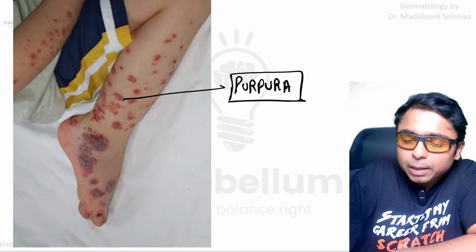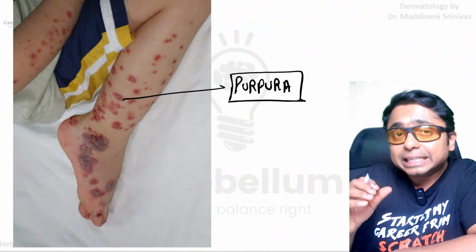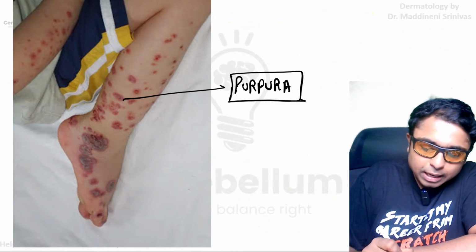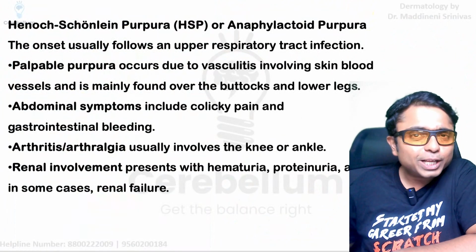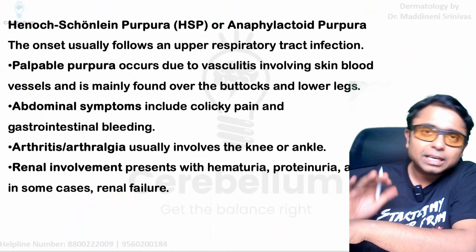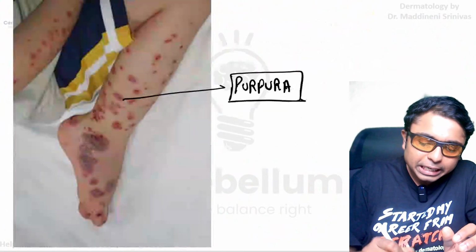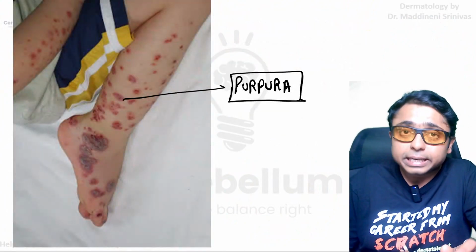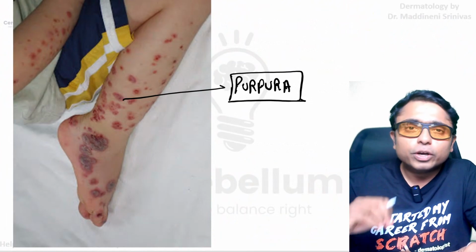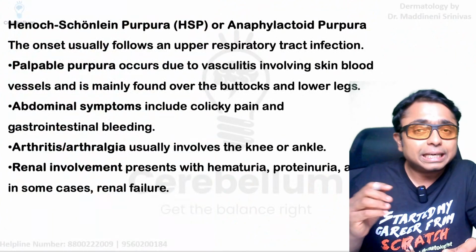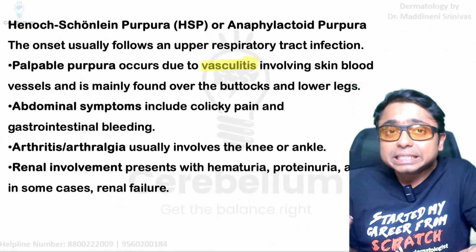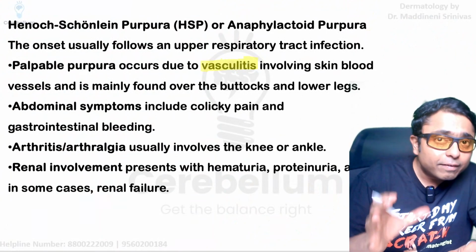These palpable purpuric lesions the patients are going to have in the extremities, mainly lower extremities, and also in the buttocks. These are basically differentiated from erythema with the help of diascopy, which is also called vitropression, application of pressure with a glass slide, where the purpuric lesion will persist, and in the case of erythema, the erythema is going to blanch, it is going to become white on application of pressure with the glass slide. So the patients are going to have the skin changes because of the underlying vasculitis,